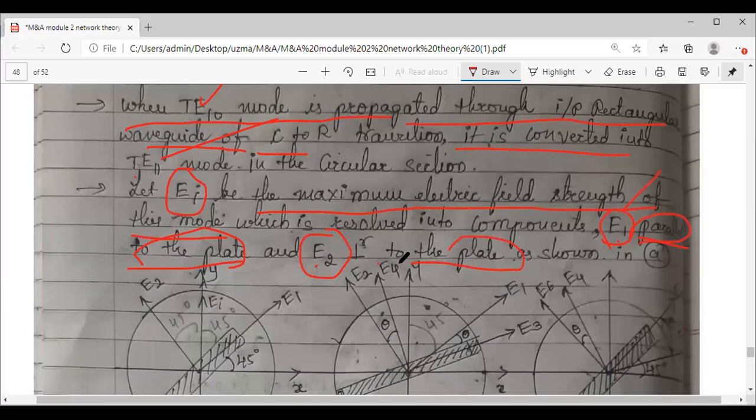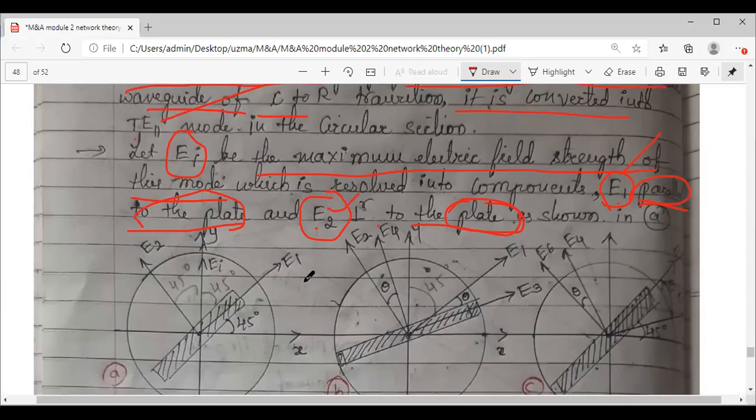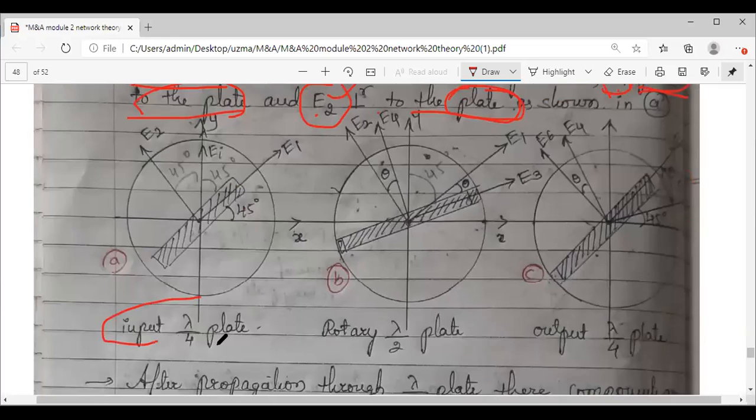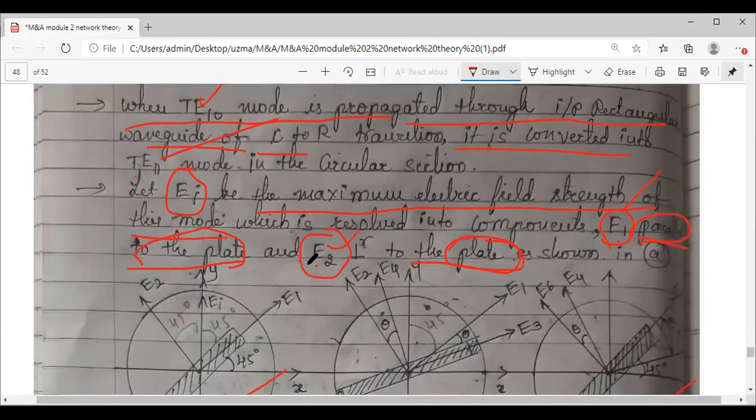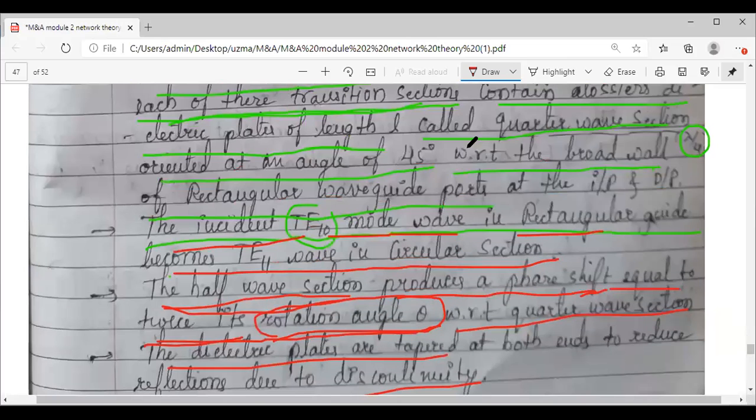Means E1 is your horizontal component, E2 is the vertical component. Here I have simply written the plate. So which plate am I talking about? That was my question. Obviously it is your first plate, λ/4. And as I have told you, the first and the third plates, how are they kept? They are at 45 degrees. I have explained this just now. You can see